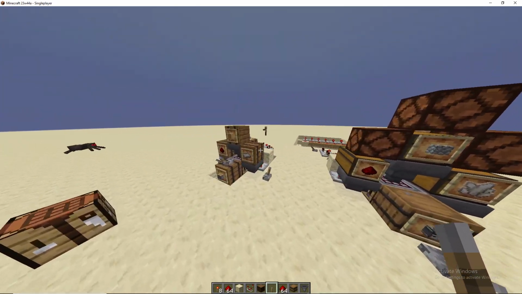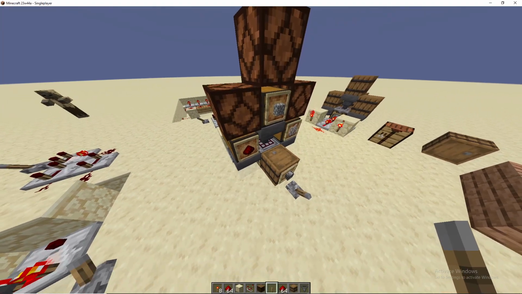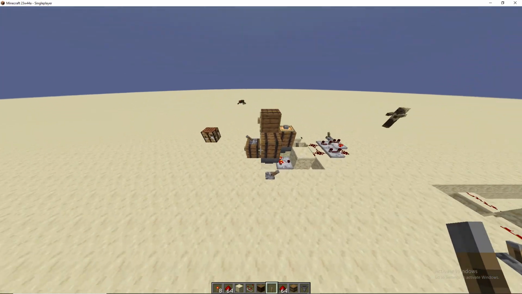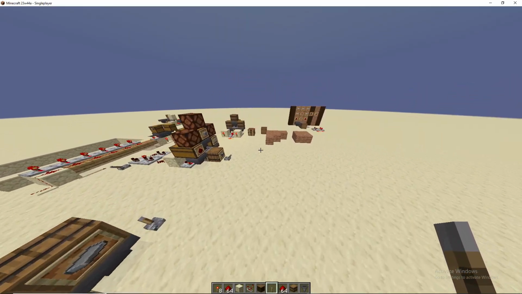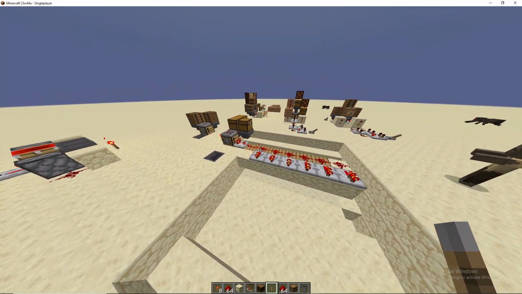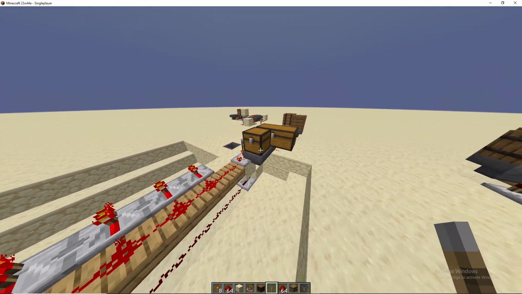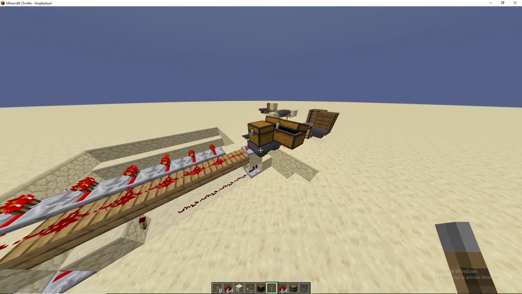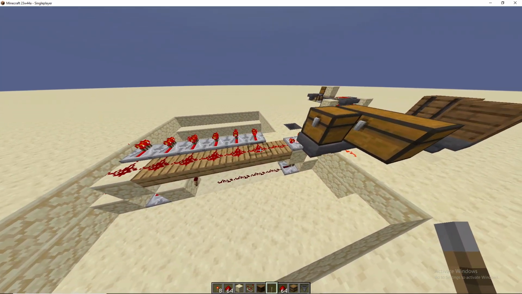But like I said before, not all items take only 3 different items for a recipe. So just be aware of that. Next, I want to show you how to set up auto crafting with an iron farm, because you obviously want to turn iron into blocks, and this is the best way I found to do it, which is